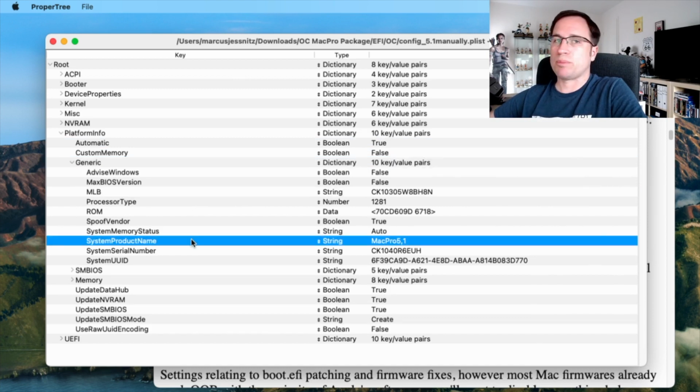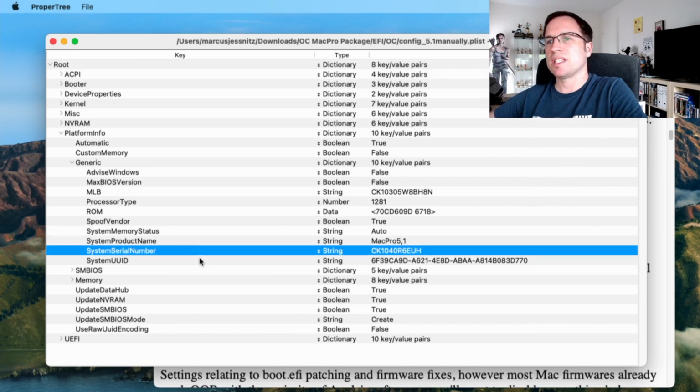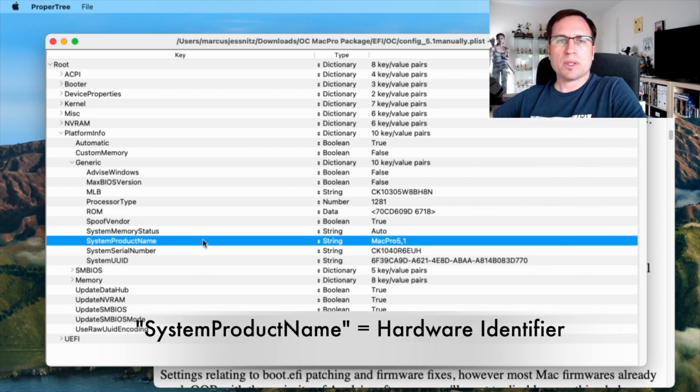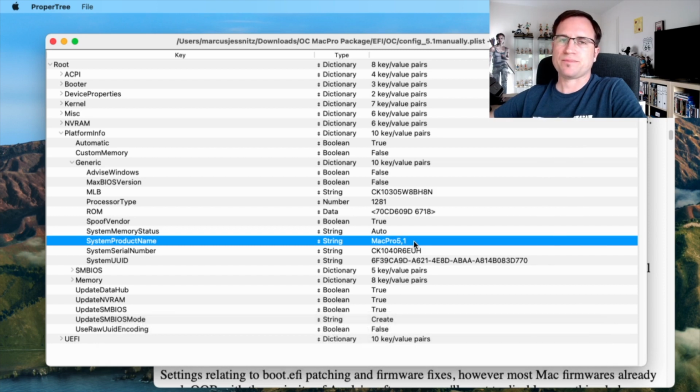You see a system product name, a system serial number, and a system UUID. And you see here at system product name, it says Mac Pro 5.1. That means if automatic is set to true, it automatically inserts these values during boot.